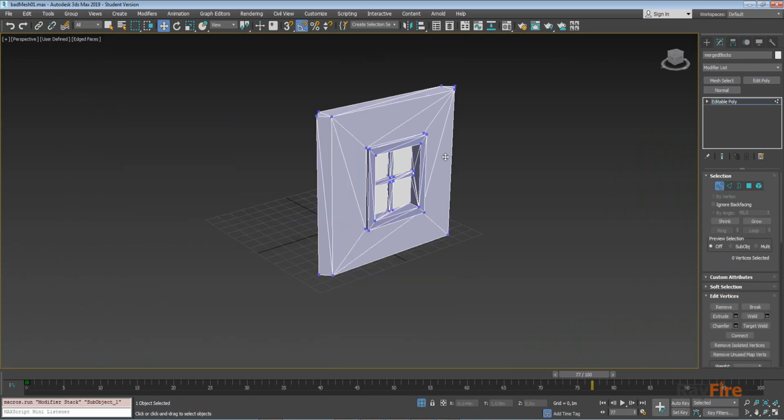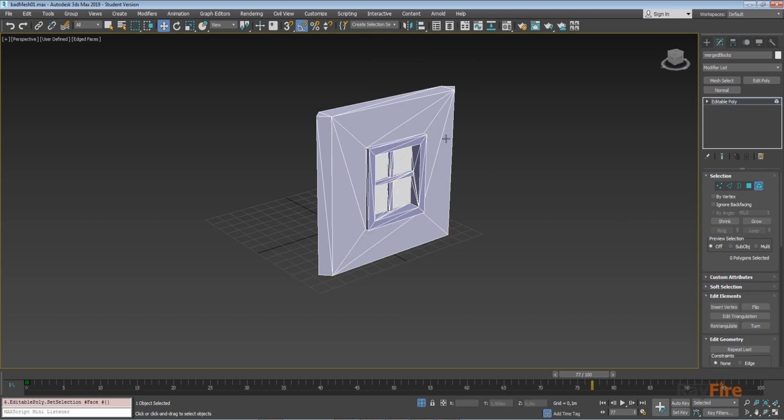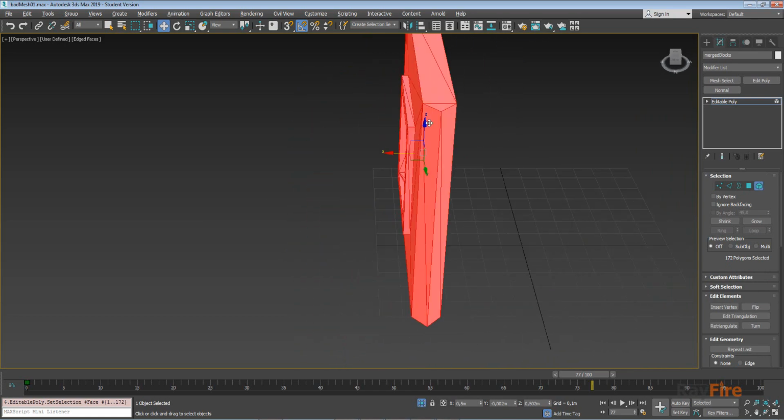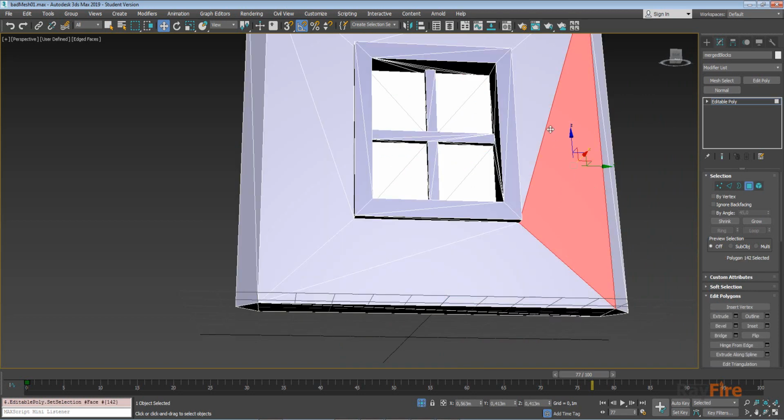So I will select all vertices and then weld them with the lowest value possible. And as you can see here, it says 240, and after it says 82. Now I will go to element level, and in this case you can see it selects the whole object as one solid element, which means now all surfaces are connected